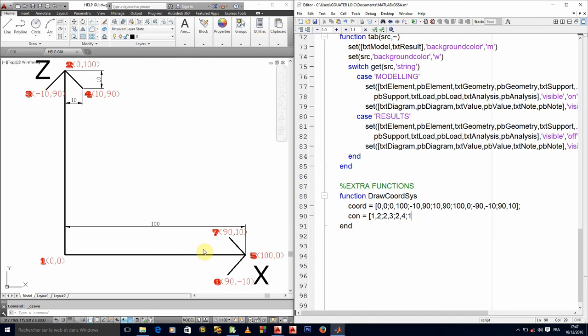So it will be 1, 5. The fifth line will be made up of 5 and 6, okay, 5, 6. The sixth line will be made up of 5, 7. I think that's all right. That should be that.